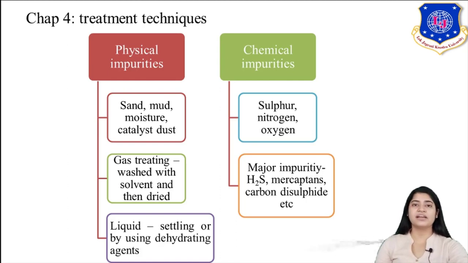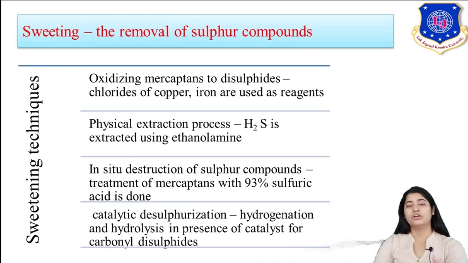See, mercaptans are the highly reactive form of sulfur, right? It is also called organic sulfur impurity, okay. Because of mercaptans, they are prone to certain reactions, and hence the removal is very important here. So the removal of sulfur, what is that called? It is called the sweetening method. Okay, the removal of sulfur is called sweetening.